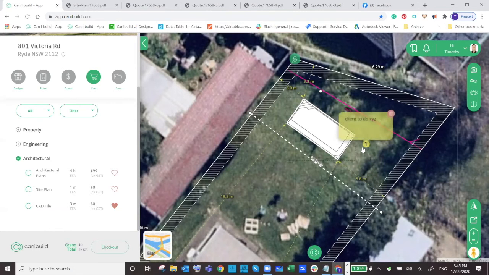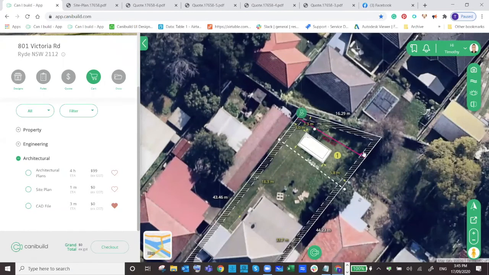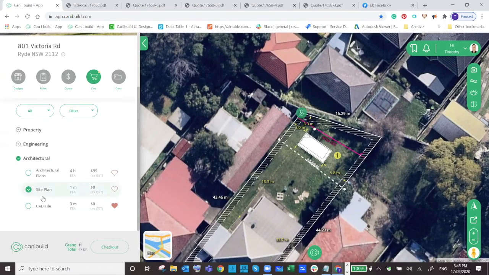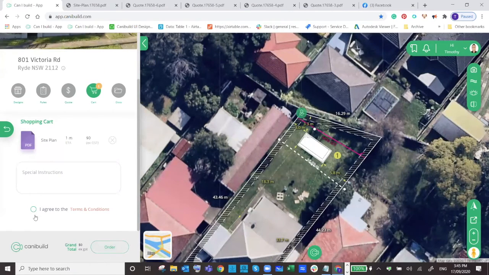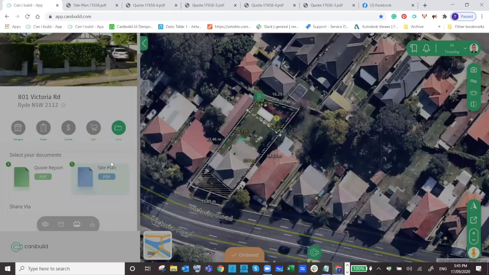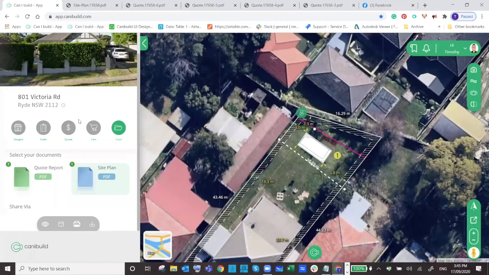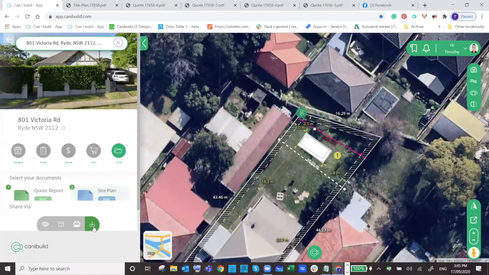And if you do those annotation points and those markings, when you do that site plan generation, let me do it again. Let me just go to cart, site plan, click on site plan, click on checkout, agree, order. I'll redo those orders. Give it a few seconds, go back to docs, wait a bit for the site plan to generate. You see the two now. You click on download,